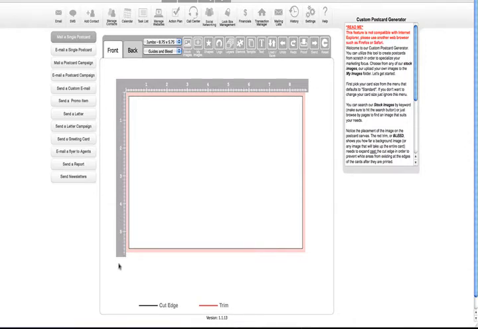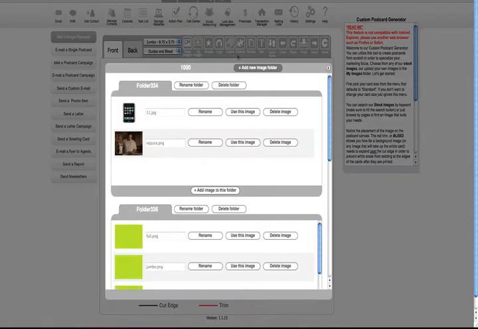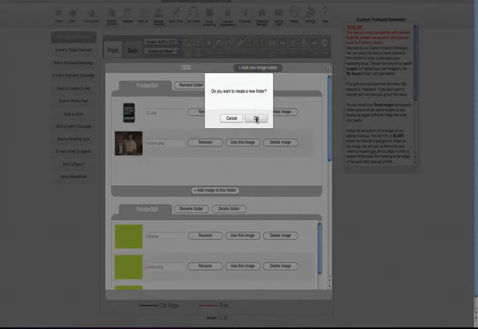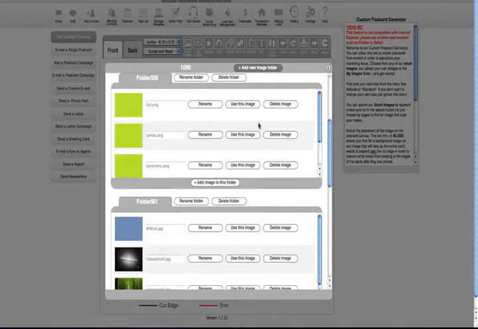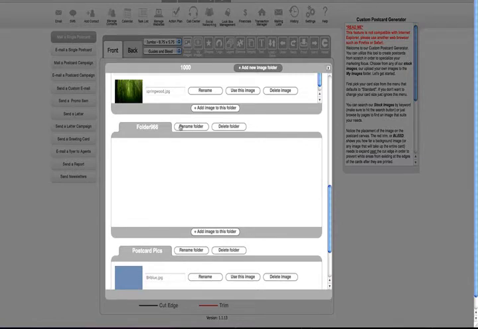To add images to your card, you can go to one of two places. You can start by clicking Stock Images to use one of our images, or you can use your own images by clicking the My Images button. Here in My Images, I will start by adding a new image folder. The folder name defaults, but you can change the folder using the Rename Folder option to reflect any name you